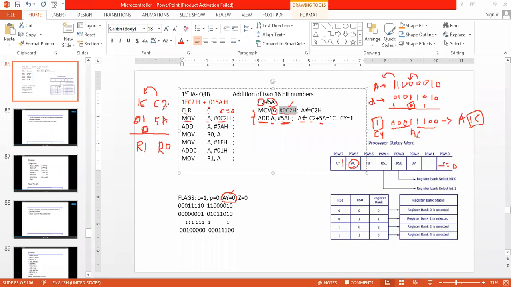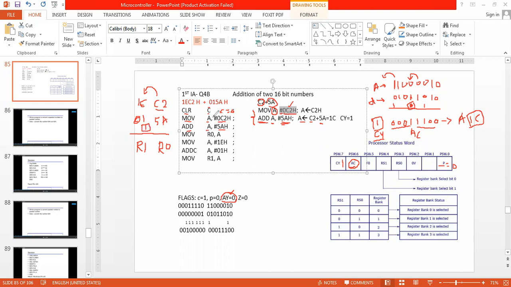So C2 has been moved into the A register. Then addition of A, that is C2 plus 5A, that we have done here. So what will happen here? CY is equal to 1. When I add C2 plus 5A, a carry bit is going to be generated.